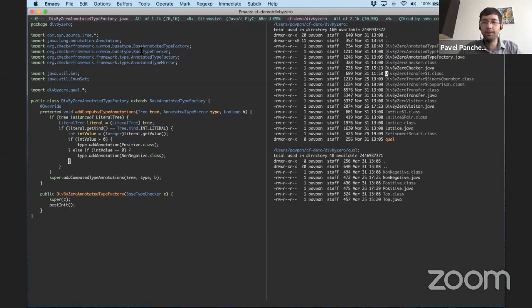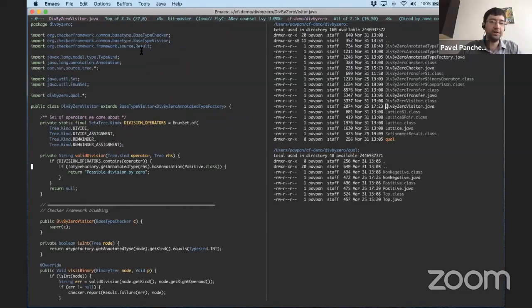The next thing that you probably want to do is you want to actually check whether divisions have the right annotation. And that happens in what the checker framework calls a visitor. So I've defined a visitor here. And the only method that's really doing anything in this code is this valid division operation.